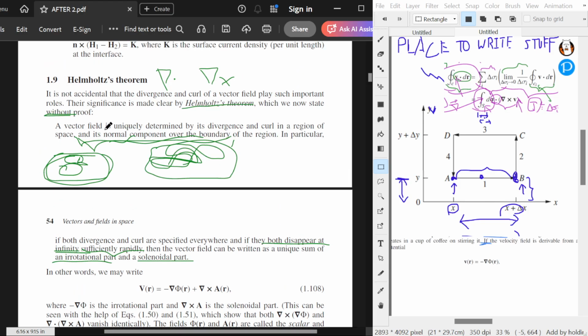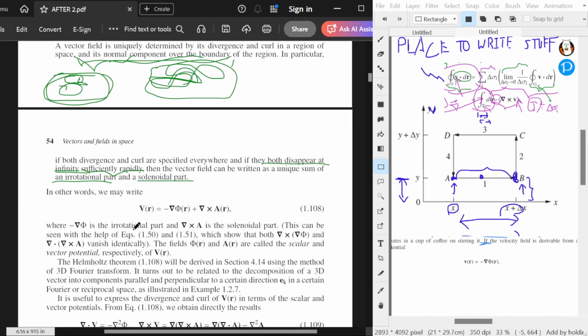In other words, you can rewrite a vector field as